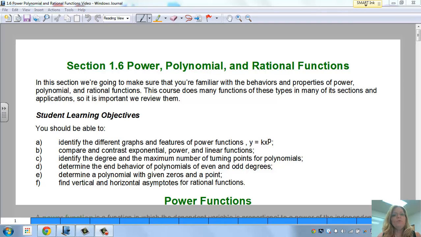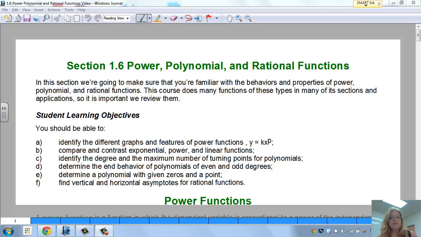Welcome to section 1.6, Power, Polynomial, and Rational Functions. I'm going to split this section into 3 videos. One will be for power, one for polynomials, and the other one rational functions. In this section, we're going to make sure that you're familiar with the behaviors and properties of power, polynomial, and